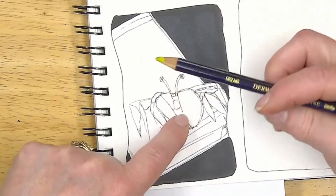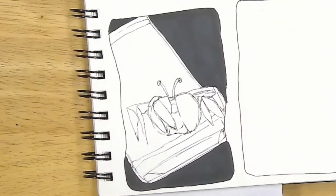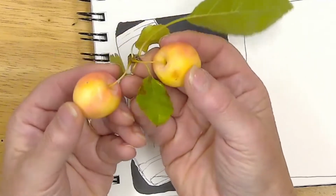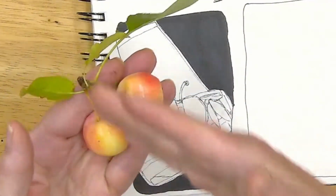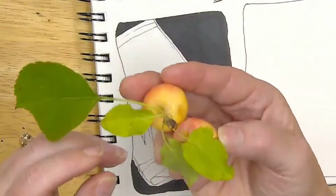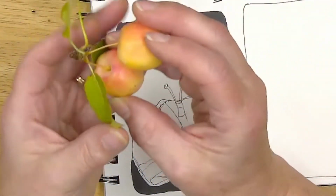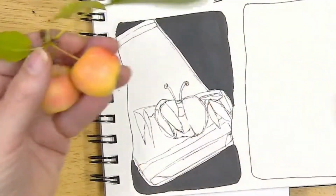The crab apples that I have growing here, let me go grab a crab apple. Aren't these the cutest little things? These are real apples. They're a crab apple. Tiny little guy. If you cut it open, it looks just like an apple on the inside. They are tart. These are not sweet. I mean, there's dew on the leaves. I just ran outside and grabbed this off my little tree. So that's what I'm going to look at here